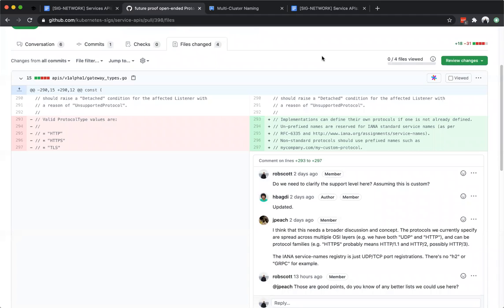James is making a good point where we are referring to RFC 6335, which has service names like HTTP, FTP, but it does not have things like HTTP3, I think, or even UDP and TCP. So how do we define those protocols here?